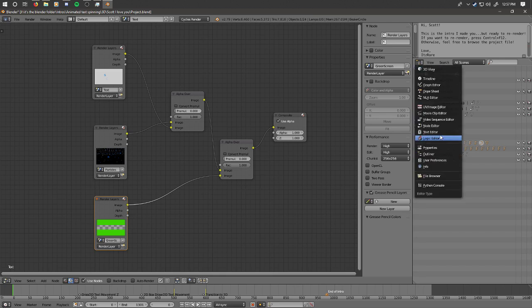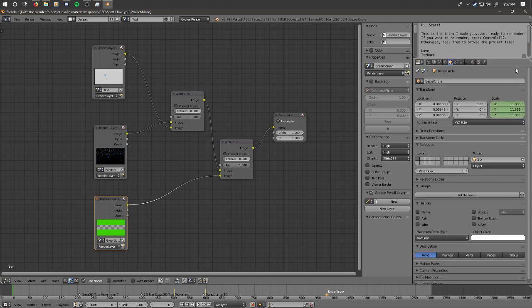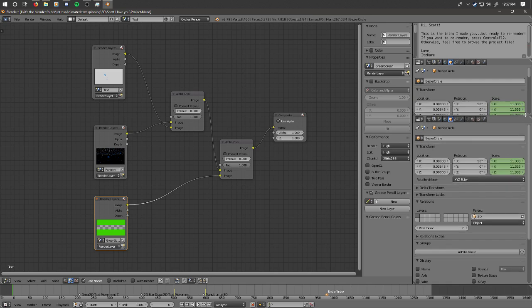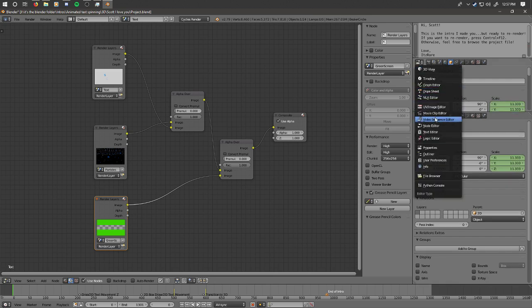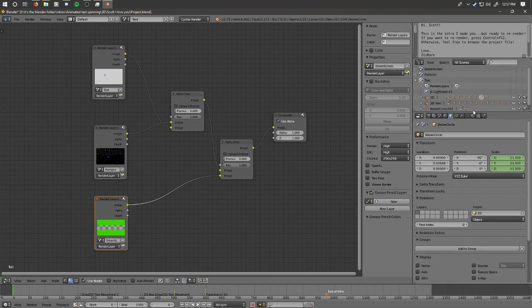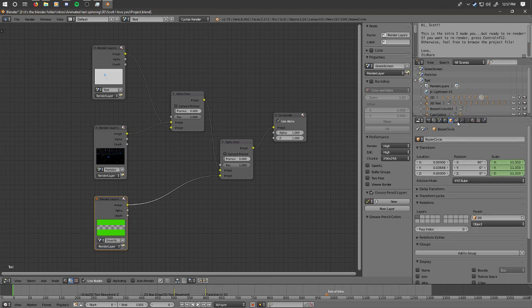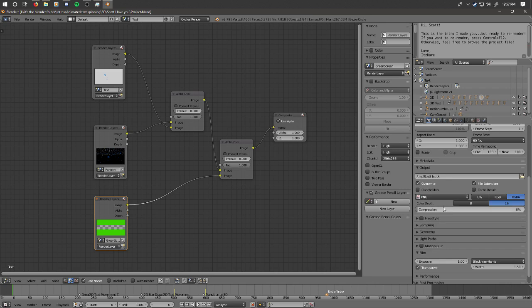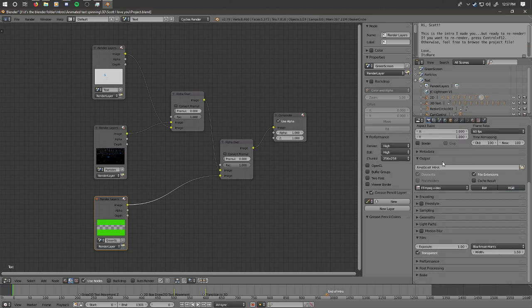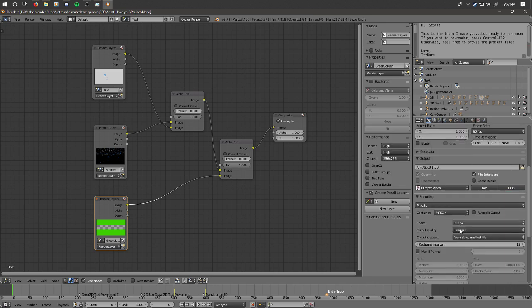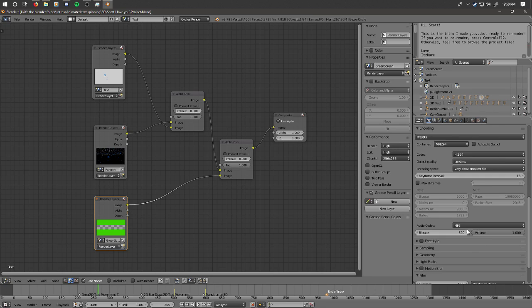I'm going to swap this over to properties. Change that to an outliner. Okay. PNG. I want it to change to FFmpeg video, H.264 MPEG-4. I'm actually going to do a quick test render right here.